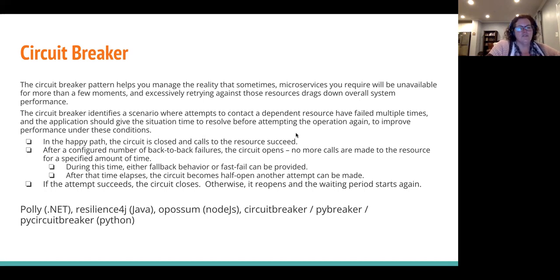And under the covers with a circuit breaker, you tell it how many failures in a row you need to have before you break the circuit and you stop trying for a while, and how long you should wait before you try again. So once that failure condition happens, say you configured, if it fails 5 times, then we're going to break the circuit. So it tries to call this API 5 times and it fails. So now you've configured it to say, wait a minute, don't make any calls within that 1 minute.